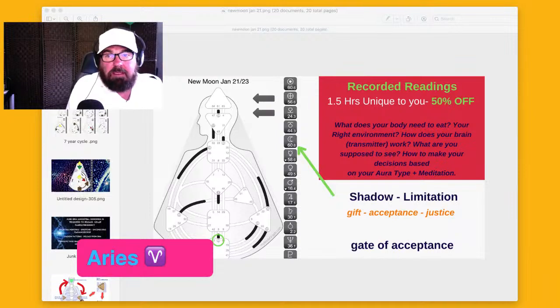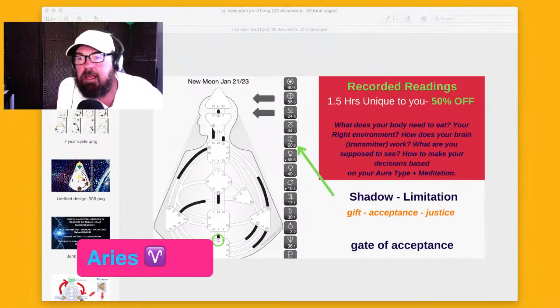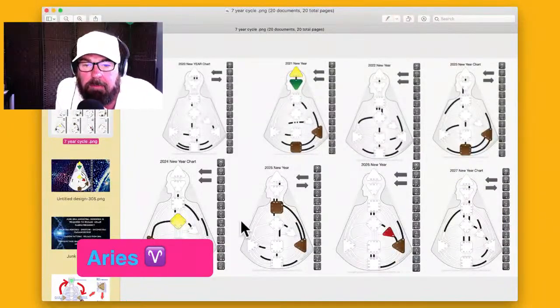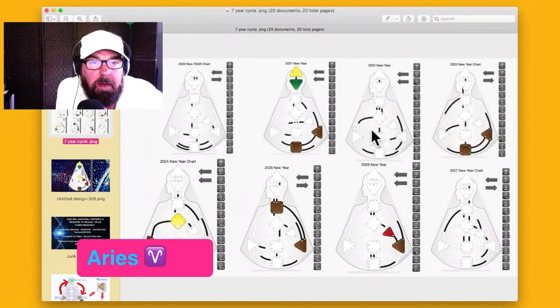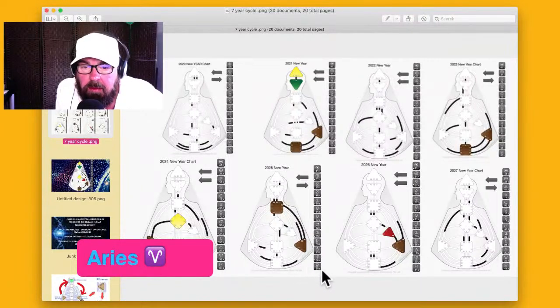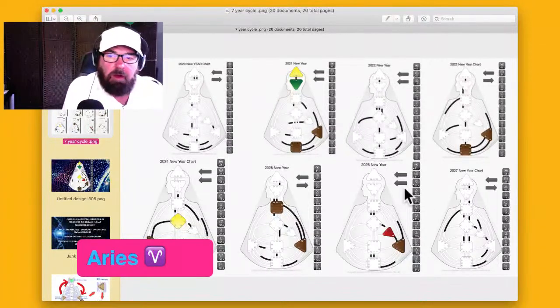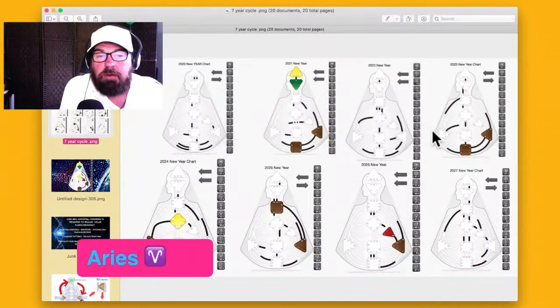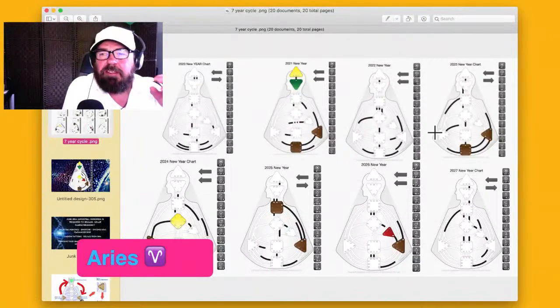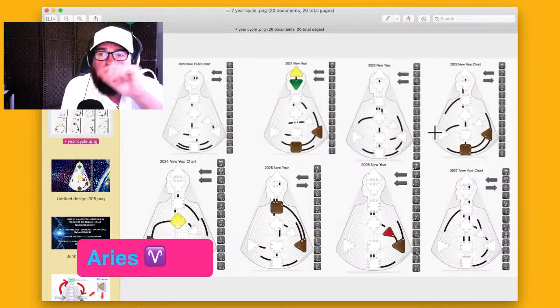Another way to work with this shadow pattern. But Pluto's going to let you know, right? Because it's in the 60. It's actually in here quite a bit. We've got it for another couple of years, 2023, 2024, and then 2025. And then in 2026 it goes into the 41. Even though it's in Pluto, it moves into Aquarius in March. The 60 is on the cusp of Capricorn and Aquarius.